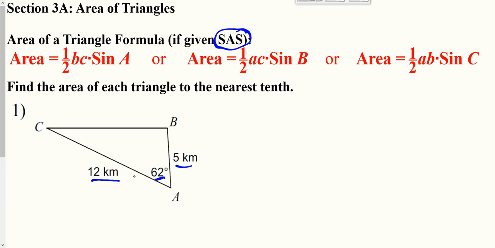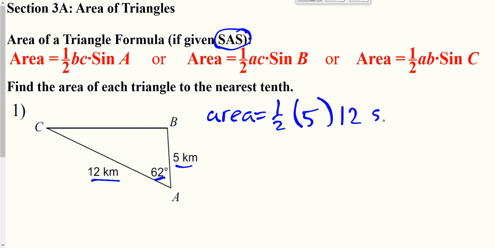Just notice that when you're looking for your area, it's 1/2 your first side times your second side times the sine of the angle in between. Now, this formula only works if you have the angle in between two sides of a triangle that you know. You can type it into your handy dandy calculator just as you see it, and you end up getting